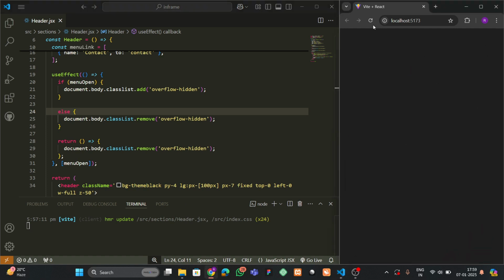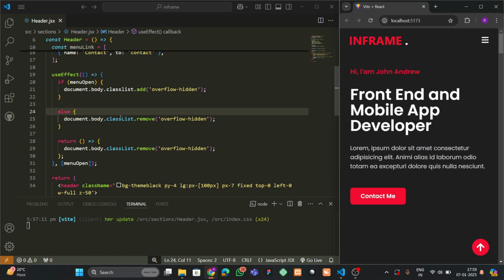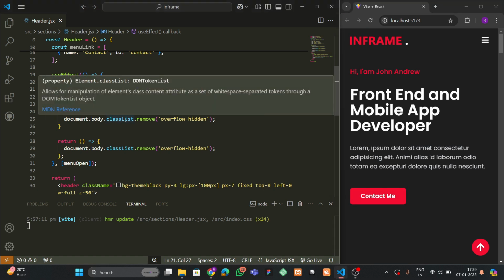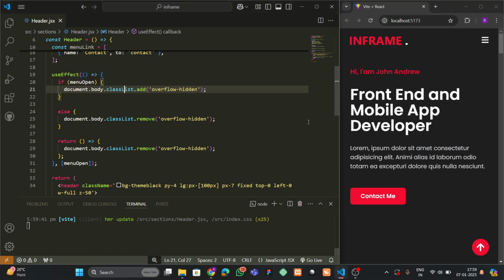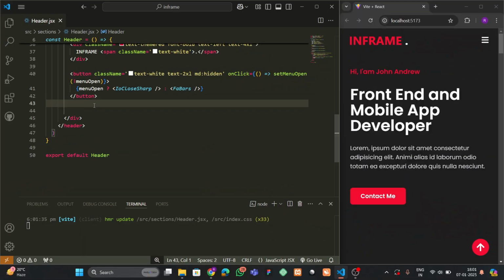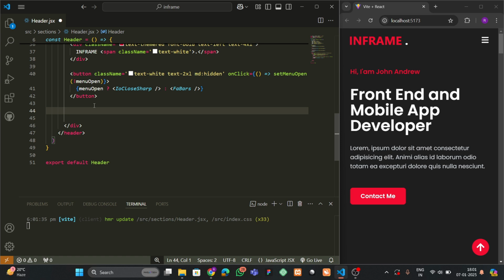So when we click on this, it is going blank. The issue is, you can see that here we have added classList, so we can make this capital and save it. Now if I refresh this and click on this, you can see that our menu is toggling perfectly. Okay, so now after the button we have to go out, and here we can add